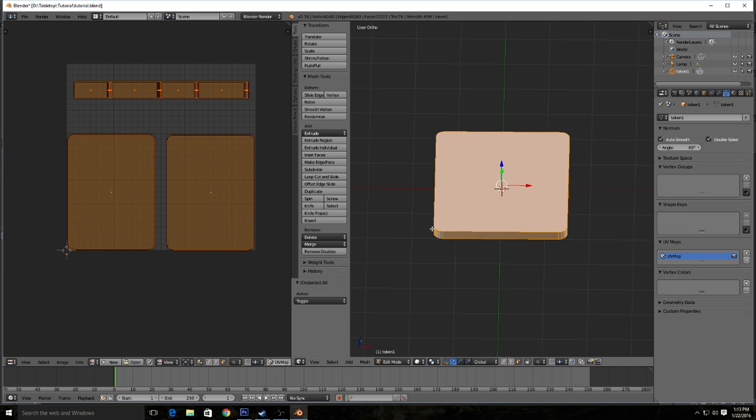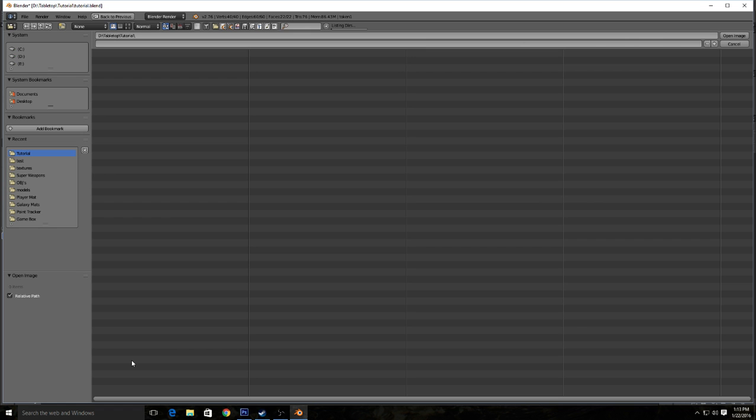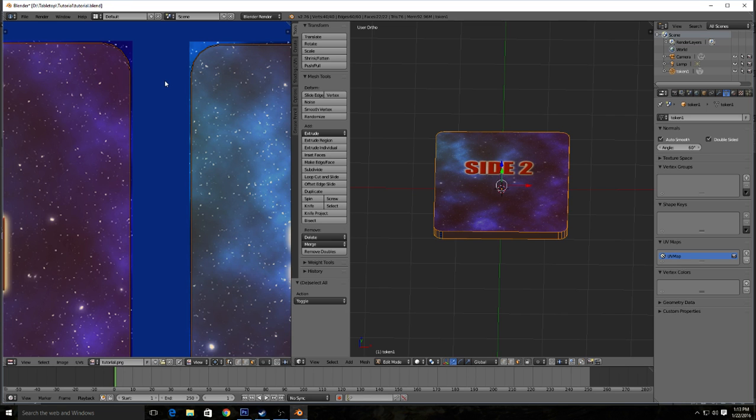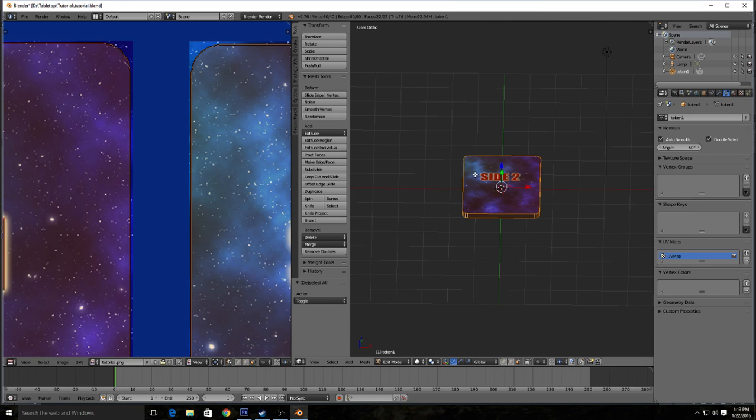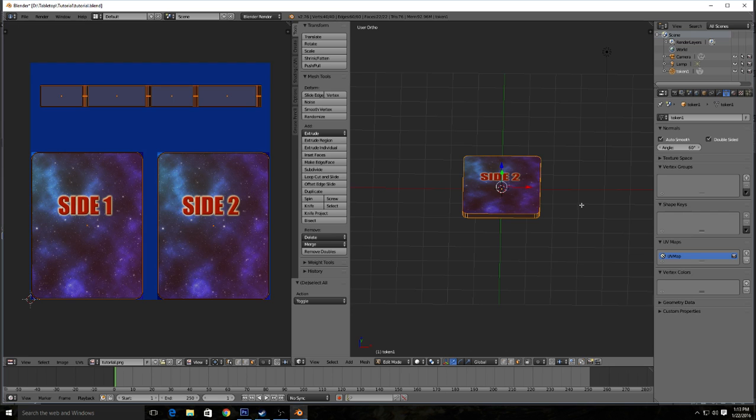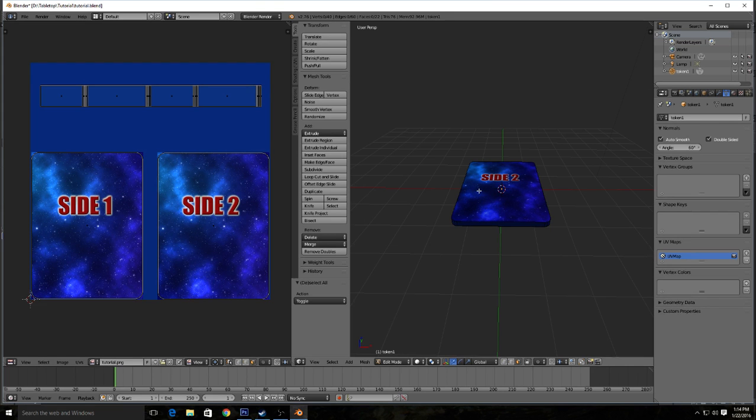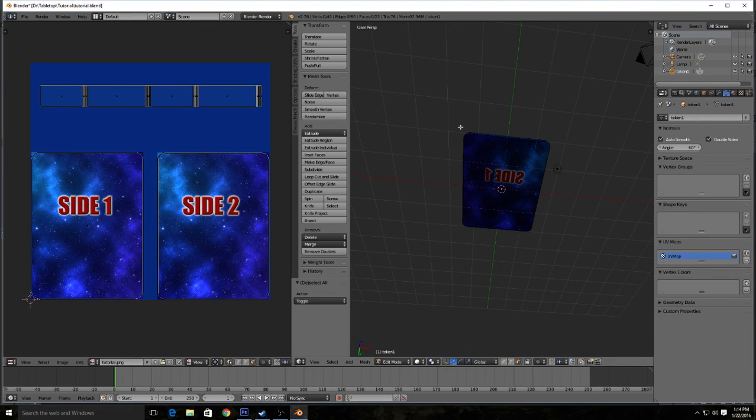All right, and in our UV section, again, we click A to select everything, and now down here we select Open and select the newly created image. Okay. Zoom out here, and you can see now, oh, we've actually got side 2 on the top, but that's fine. That makes no difference. All right, and you'll notice down here, side 1 is reversed, but we know how to